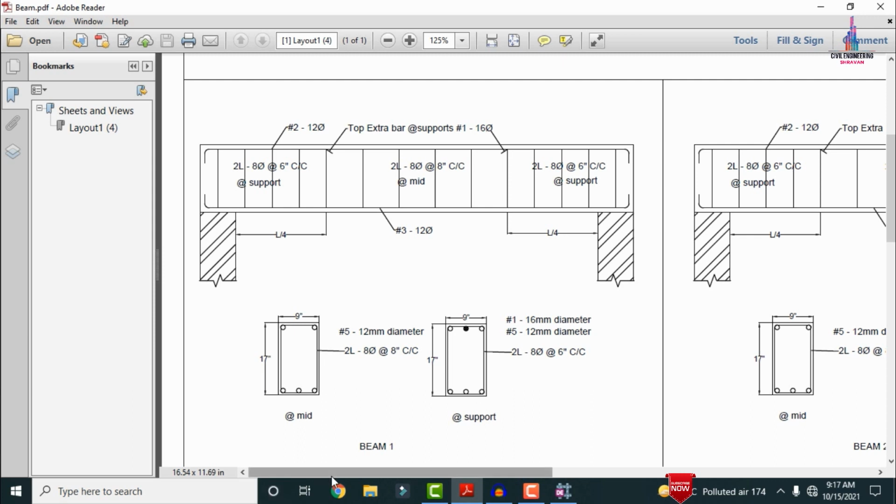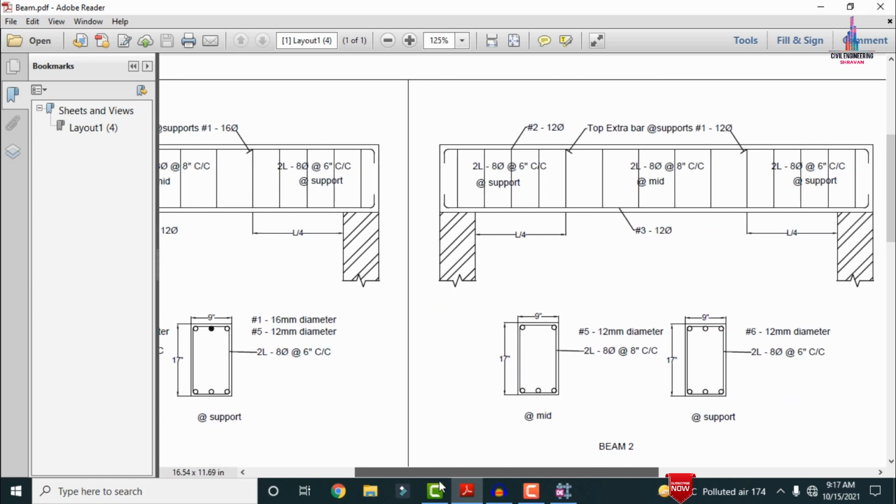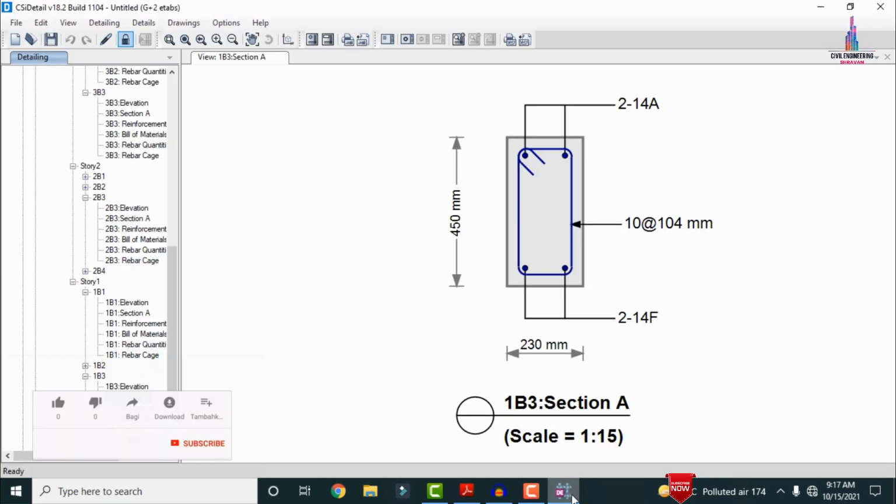Again, the next beam also consists of the same amount of reinforcement values like this, but the reinforcement diagram will change to 12 mm diameter bars or 16 mm diameter bars. But in the ETABS software results, it is obtaining only 4 bars. From these results we can easily conclude that the beam reinforcement details observed from the ETABS software are not equal to the manually executed results.